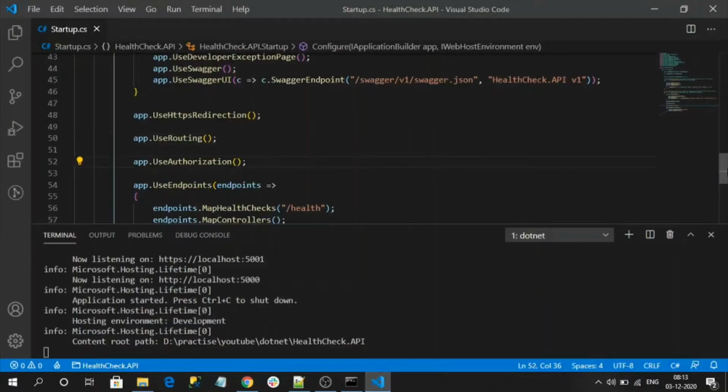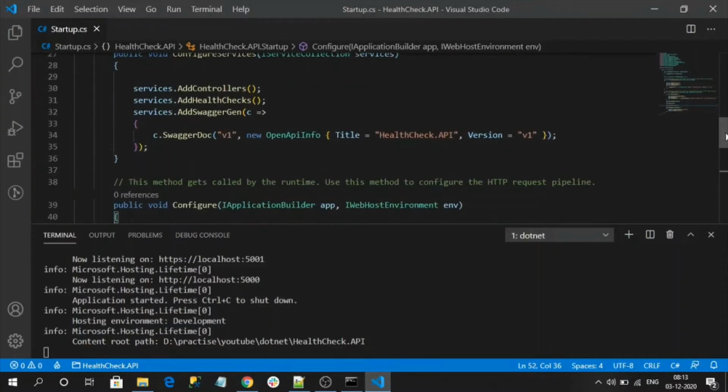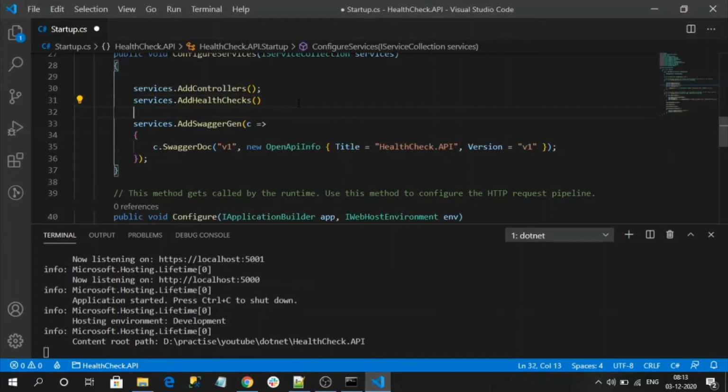So let's register some health checks into our application. Basically health checks let us have three types of status: healthy, degraded and unhealthy. All of those will be implemented and understood in this session. So let me add some fake health check to my application.